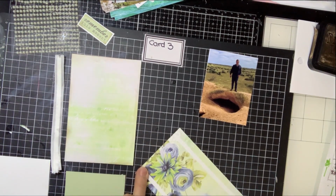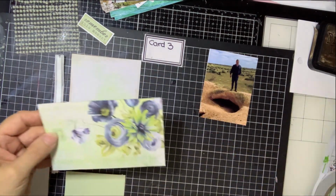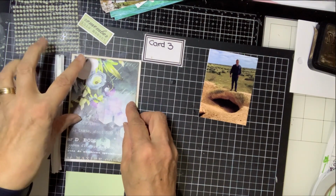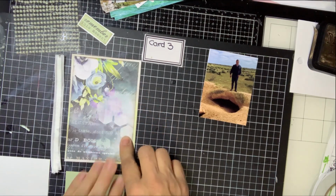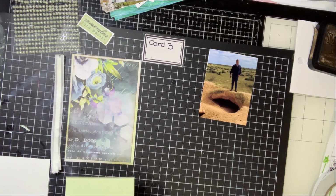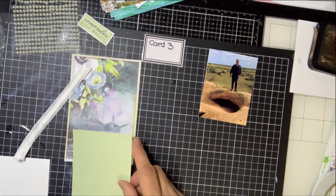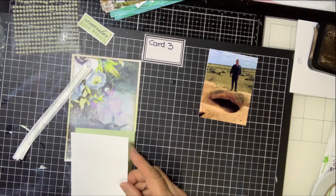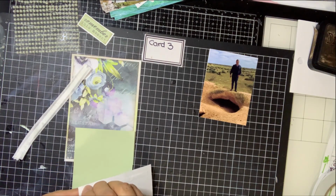I tend to use 2 sheet pieces like that on the biggest part of the card, and I tend to find that is enough to keep your papers all in place, because they are in plastic folders. So we are going to attach that into the center like that. Now you need to go to your green cardstock, and you will cut a 3.5 by 4.5 as a mat for your photo mat, and your photo mat from the white card will be a 3x4. So you can attach your white photo mat